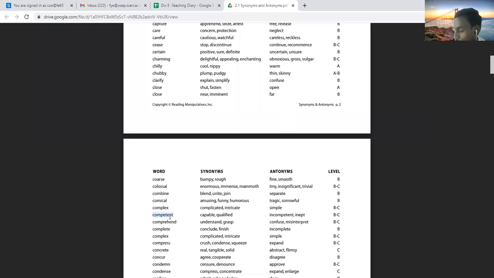So in this case, I don't know the meaning of the word competent, or the word is new for me, and I don't know its synonyms also. In that case, I will just note it down in my notebook, and I will write down its synonym, capable or qualified, and I will write down its antonym also, incompetent or inept. And if necessary, I will add its Marathi meaning also. And you have to do it with the help of an internet dictionary. Okay, so this way you people have to go through these synonyms and antonyms.